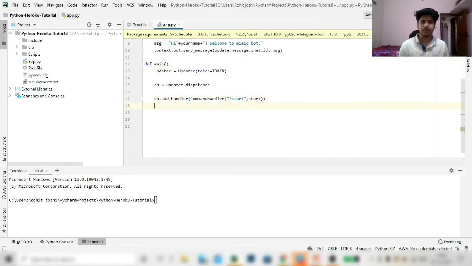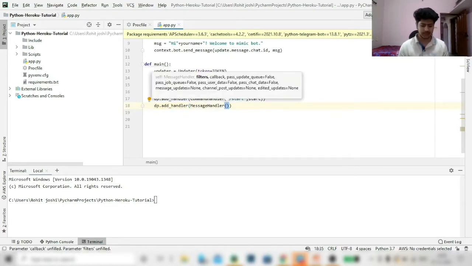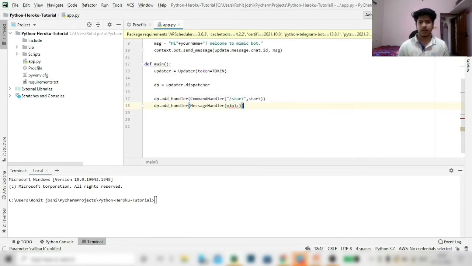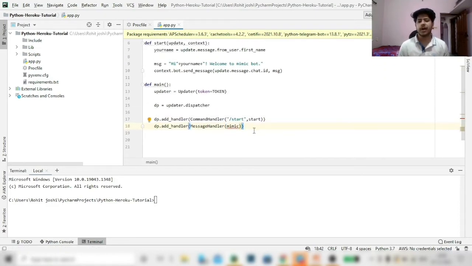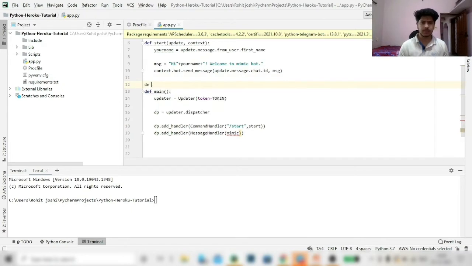Now let's say we want to create another handler. This time it should be a message handler. All the messages will have to go through this particular function, mimic. Now we need to create this mimic function.